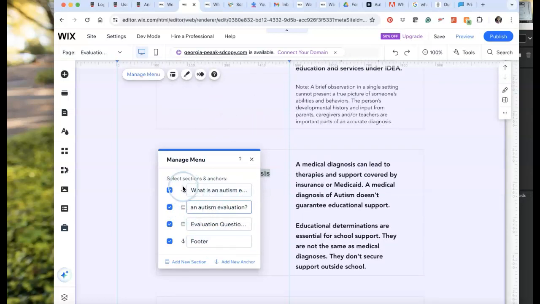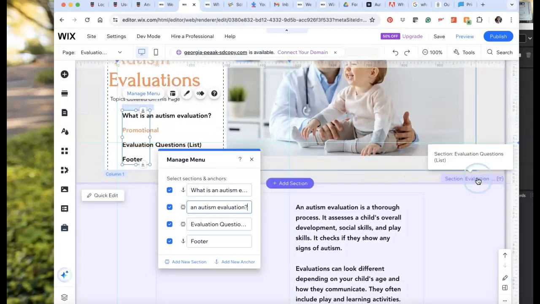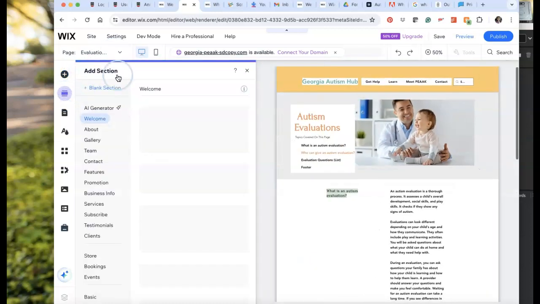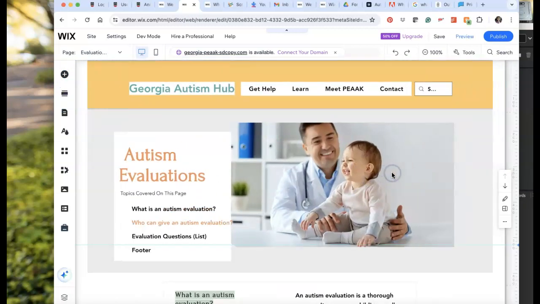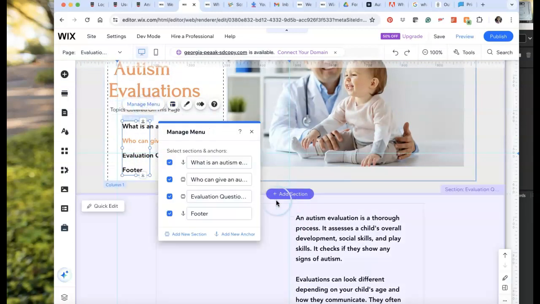But I'm noticing here that these little icons are different. So this one is the one we want. This is called an anchor. And this is a section, because we don't have multiple sections on this page. A section is this here. But you would go to new and then here, actually it's add section, but we don't want to add any sections. So I need to remove those items